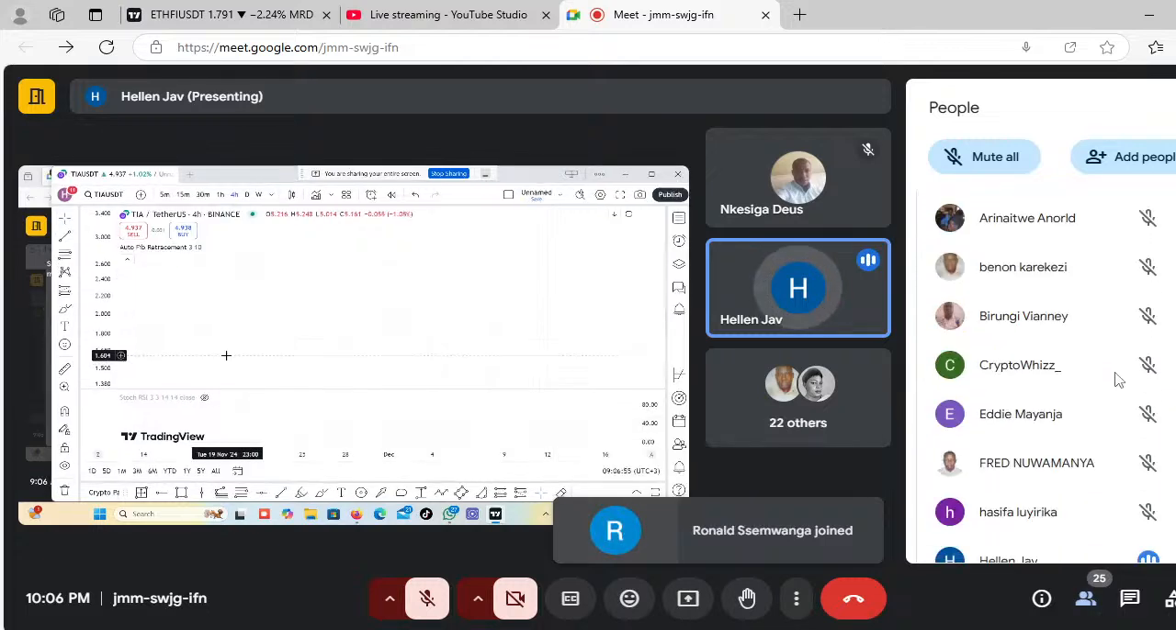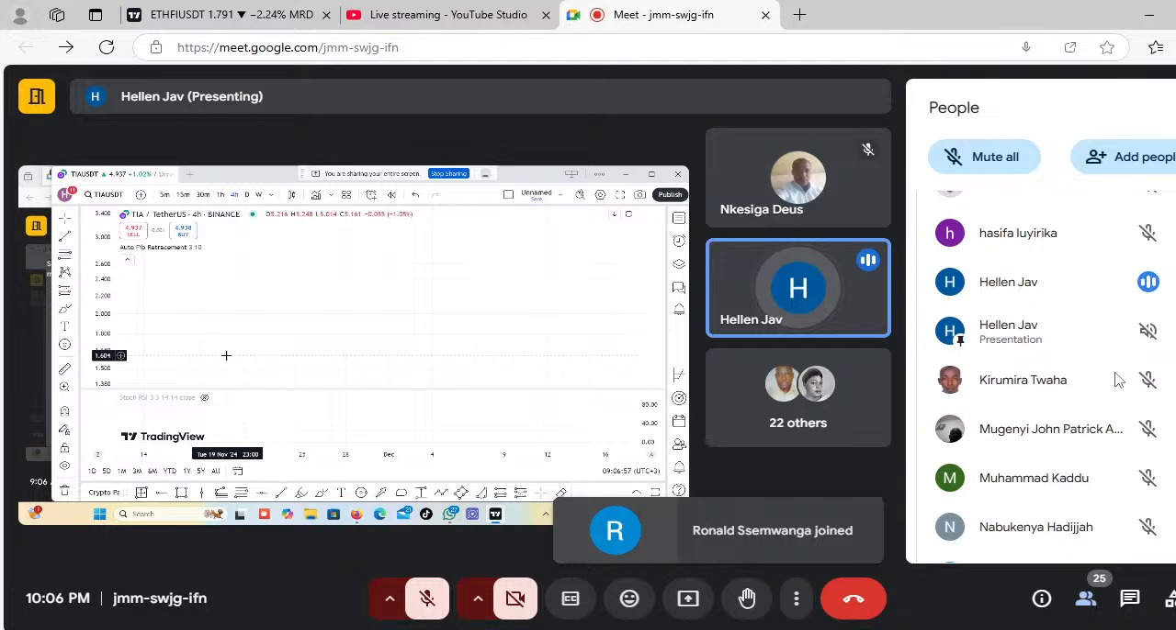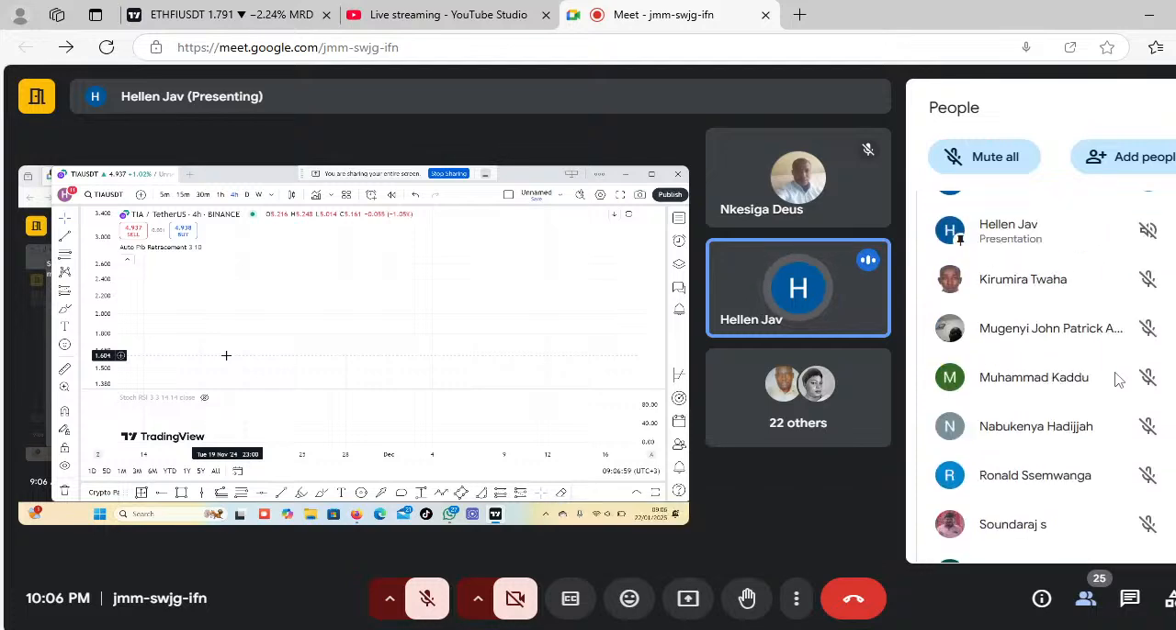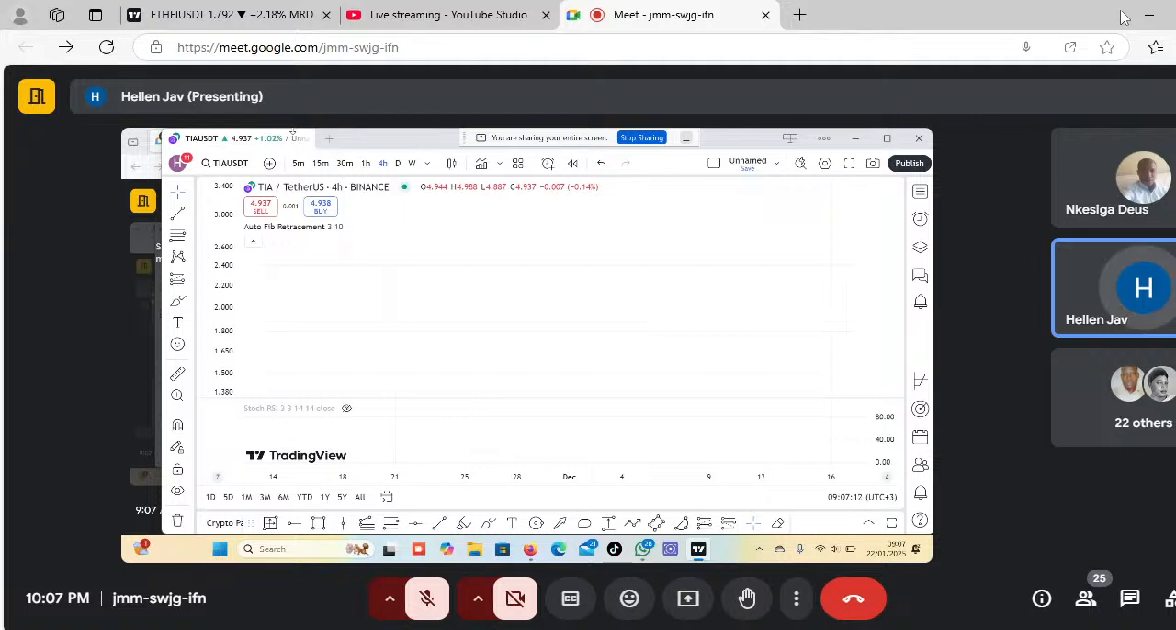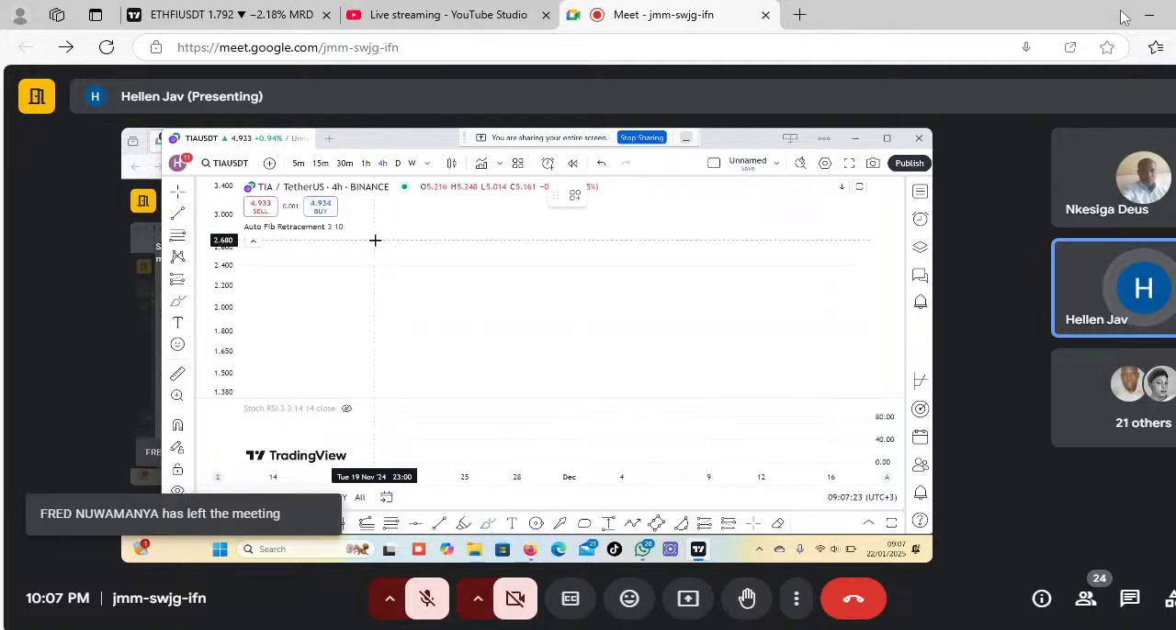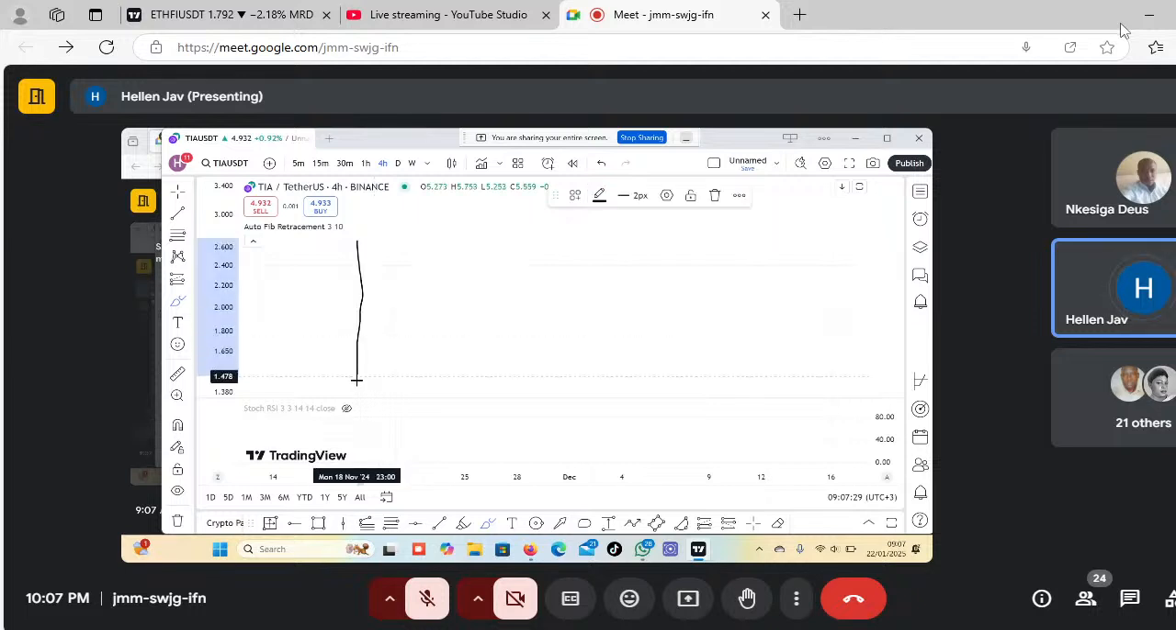So I'm going to be taking you through the stochastic RSI and how we can use it. One thing you have to know is that it is something like a graph, and we know all graphs start from 0 and stop at 100. I'm pretty sure you all know that. Okay, so if this is our graph,